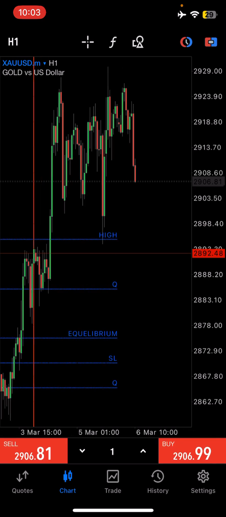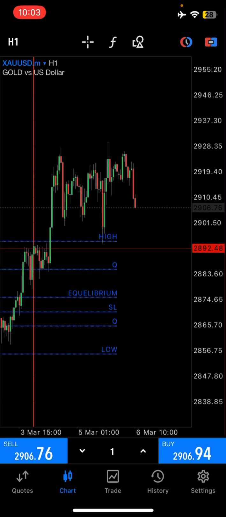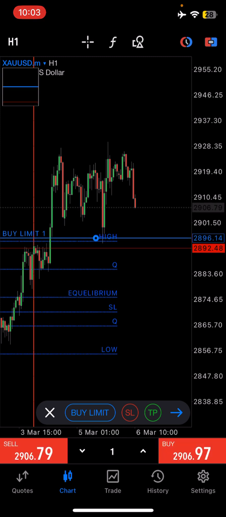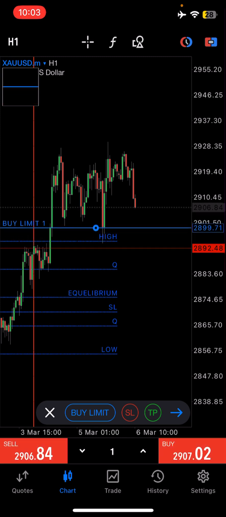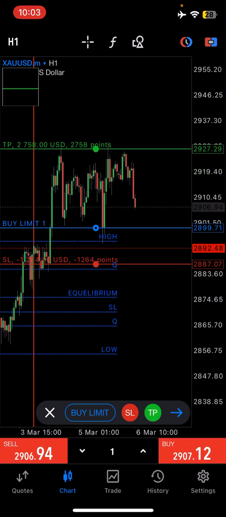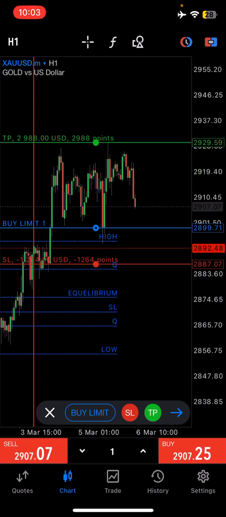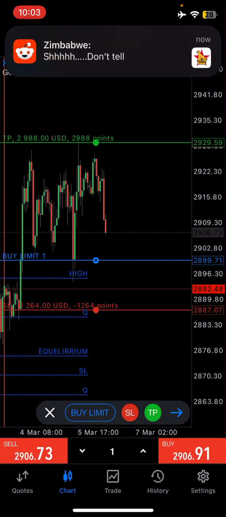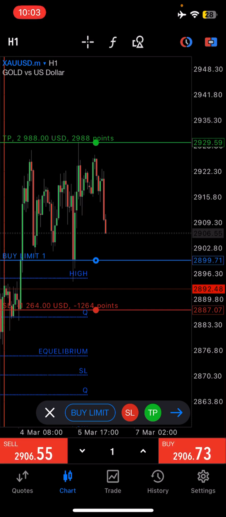So this will be the hourly time frame that I am going to be using, and to reduce my risk, I'll just buy on this candle. Maybe if I bought here, my stop loss will be right there because I'm buying on that next candle, and then this is the reward. So the advantage of using a lower time frame is just that you are reducing the risk, but the same thing that is happening on the higher time frame is the same thing that is happening on the lower time frame.